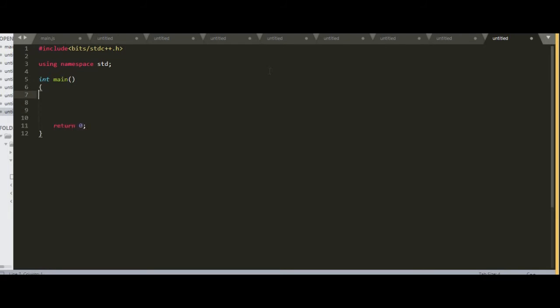So this is the skeleton, and after that we would be moving on. So we know that we would be having num, the number of inputs.